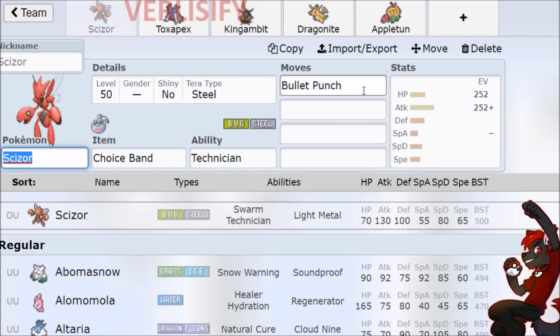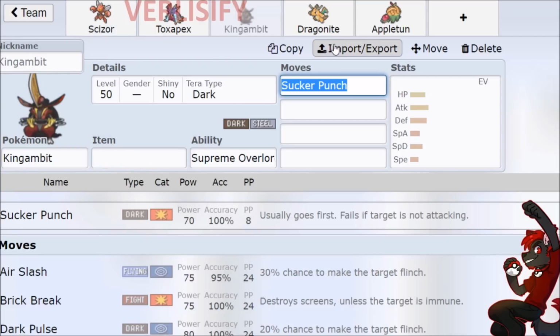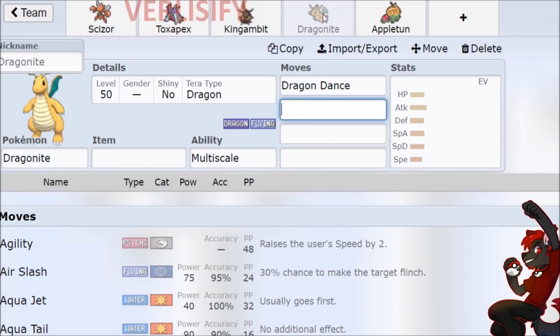even though Scizor is kind of an outright sweeper. It comes in, it can Bullet Punch, that's priority, so it's effectively a sweeper, but only brings 1 damage type on the steel typing. King Gambit just takes a hit and then deals some kind of hit back and breaks down Pokemon. Dragonite needs to set up. If Dragonite doesn't set up, it becomes a liability, and if it just gets KO'd by nonsense or chipped down or goes 1-for-1 or something,